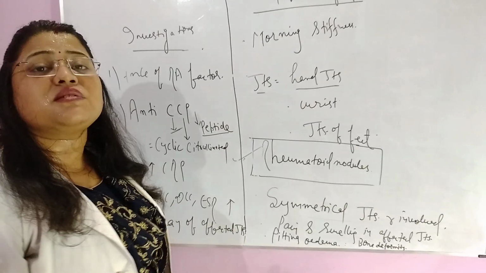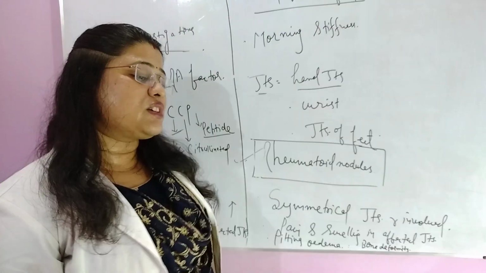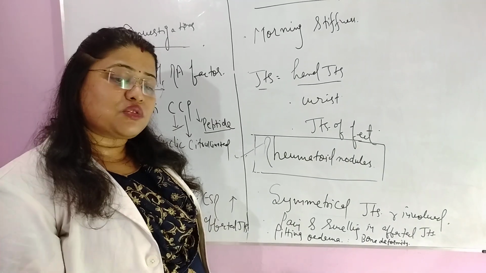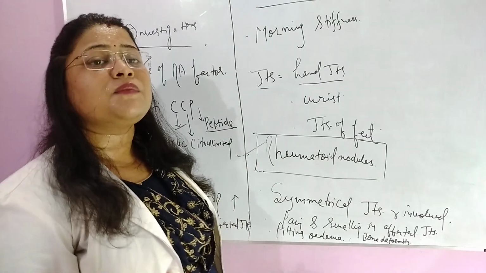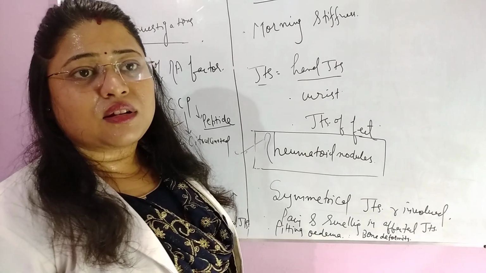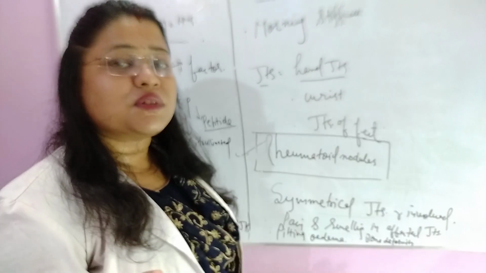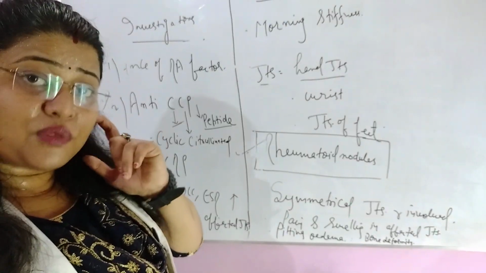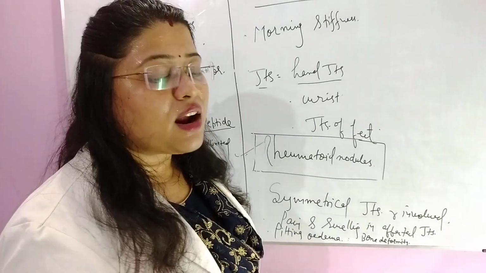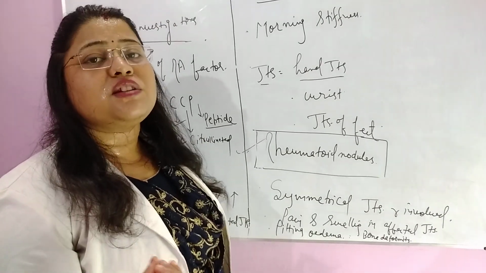Now next is management. How can we manage the case of rheumatoid arthritis? So the objective of management is relieving symptoms. Second one is restoration of joints affected. And third is reduction of pain. Fourth is all vital signs become normal. So these are the objectives of management of rheumatoid arthritis. DMARD therapy or disease modifying anti-rheumatic drug therapy may be very useful in this case.